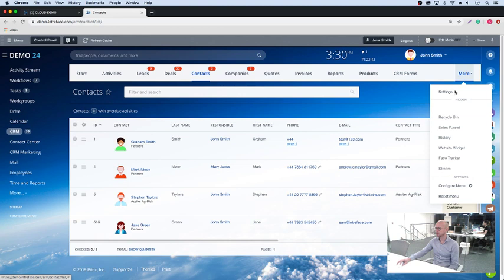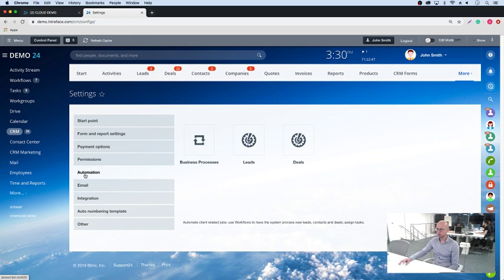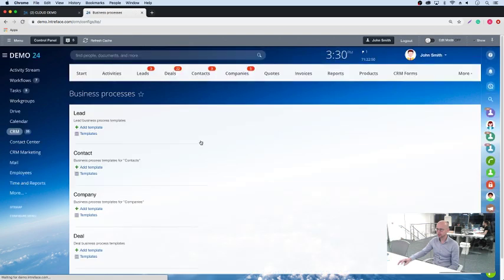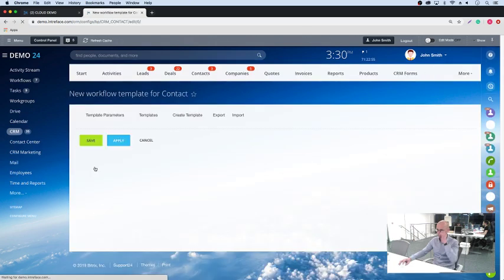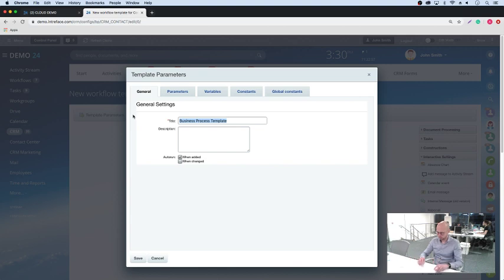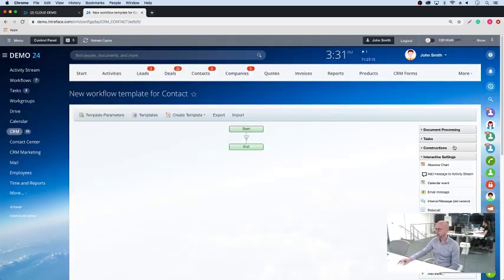So if you go into the CRM and settings and into automation, into business processes, into your contacts, add a template under contacts. So call it mail shot for XXXXX. Untick this box. So what we want to do is send this email only when we choose to send it. So when we manually decide to send that, and do that, and then pull in an email here,